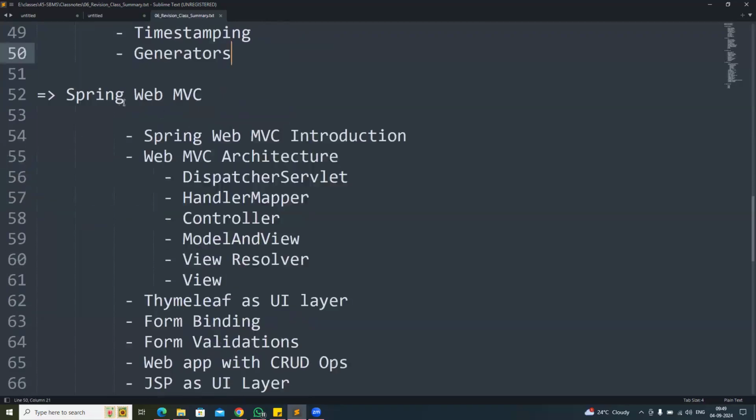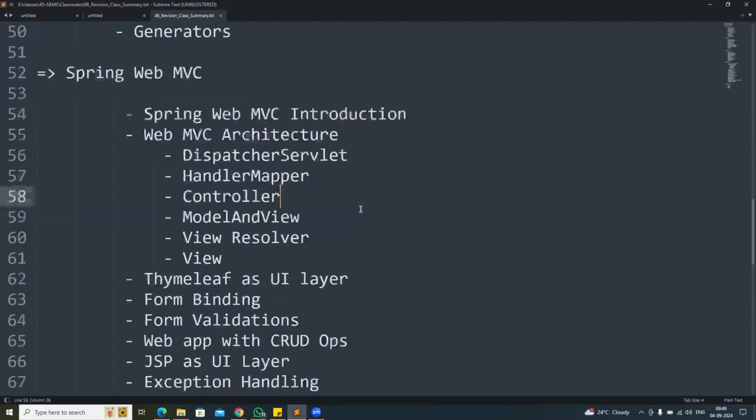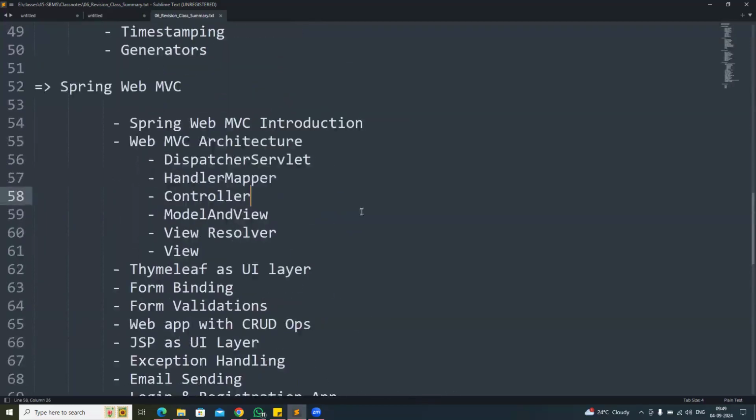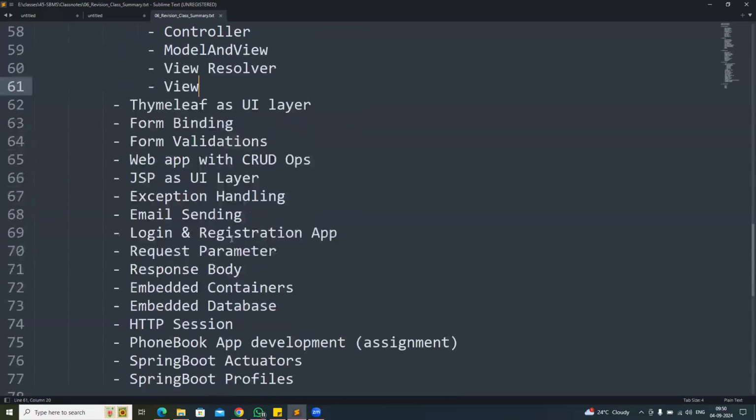Next, we started discussion related to Web MVC, one of the most important modules from Spring and Spring Boot. It is used to develop web applications using Spring Boot. In Web MVC, we have seen the architecture: what is the dispatcher servlet, the handler mapper, the controller, the model, the view resolver, and the view component. And we have seen Thymeleaf as presentation, form bindings, form validations, CRUD operations, JSP,